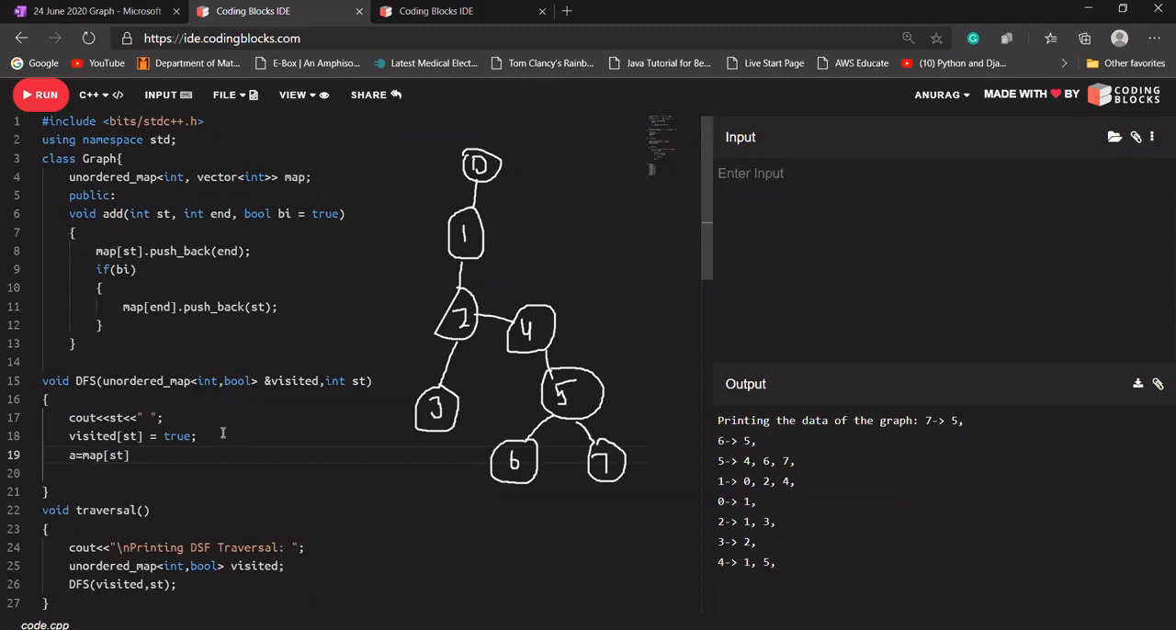Map of st will have a vector. Not understood why there is a need of pass by reference. Aryan, once let me complete the function, then I'm going to discuss what is the need of pass by reference. Okay,